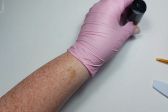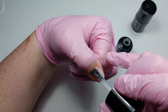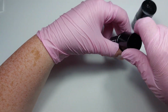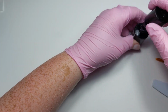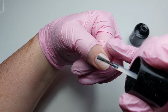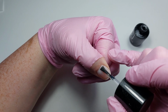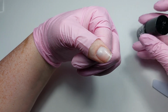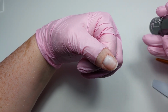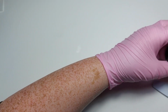I'm gonna start off with my prep. Just use whatever your brand is prescribing you. I work with different brands, but now I just picked this one. Then with my bond or primer or whatever it's called, I'm just applying this on the nail plate. Make sure you're not touching the skin with this, because if you do, your product is gonna run into your cuticles. And then I have my base coat,